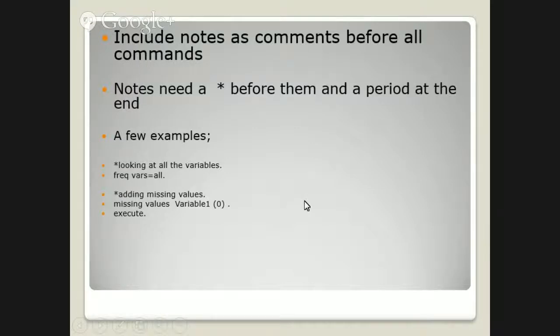As you're working in your syntax file, you want to include notes as comments before all the things that you do. Before you do something, you want to say what it is that you're doing, and sometimes you want to say why. It depends on what you're doing. So, to write a comment,